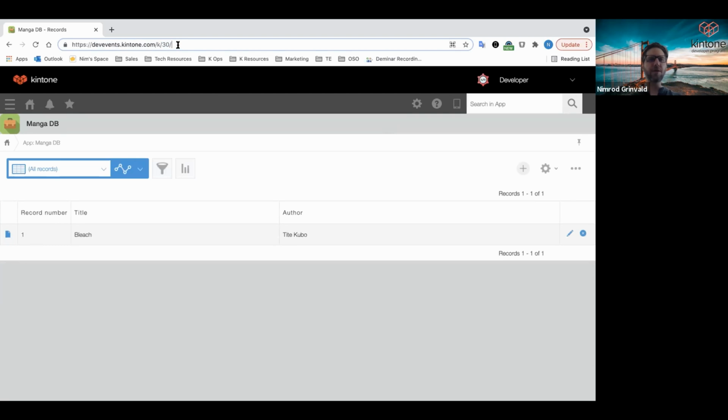So there are two separate things that we need from this URL. The first is your subdomain. The second is the app ID, and you need nothing else. So only your subdomain, only your app ID. Yours will very likely be different from mine. And from here,